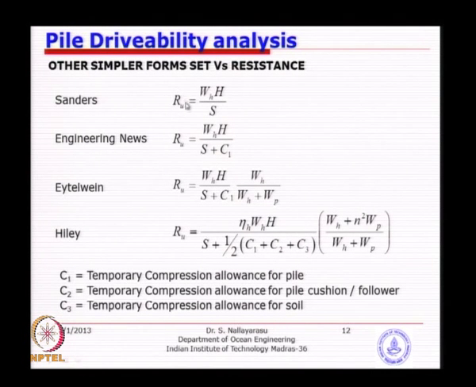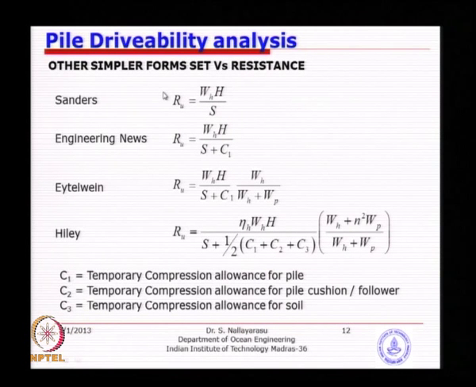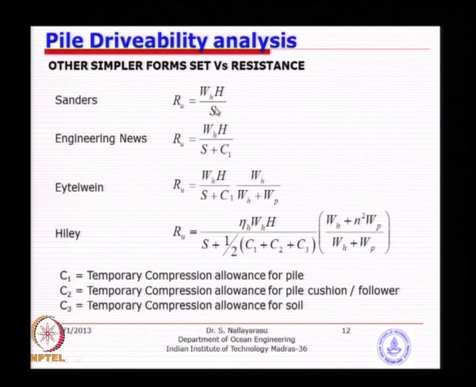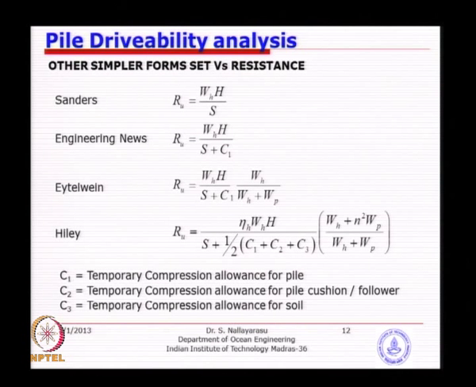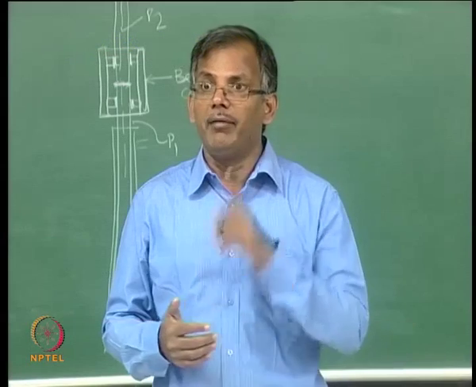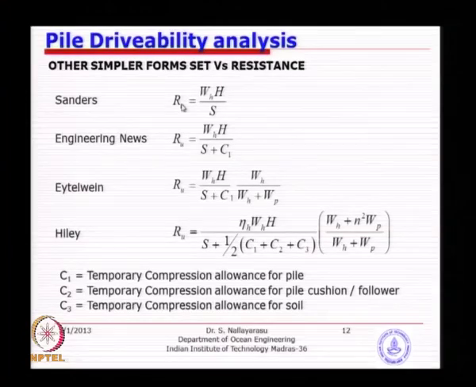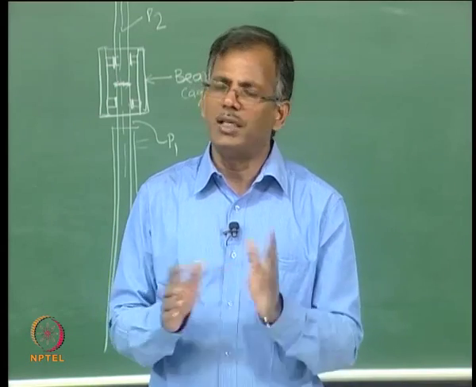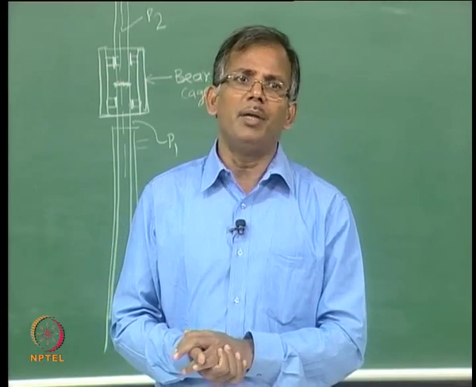So basically that is what we want to calculate back, because we know both of them, and we know the capacity theoretically, which you have calculated from your bearing capacity calculations for the pile. So you can just use this in reverse. I will stop driving when the set value becomes, say, 1 inch. Every time when I drive, if each blow's set value is 1 inch, that means I have achieved the value of RU which I predicted using engineering calculations. So that is the idea behind all this dynamic pile driving formula.